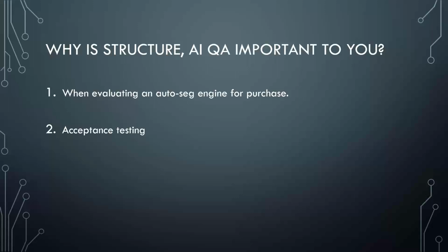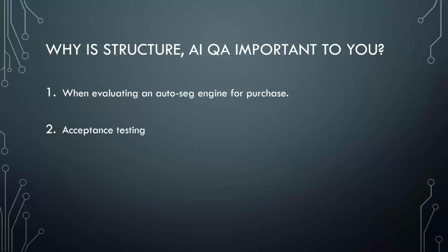And I'm going to show you that in just a few minutes. So again, you buy a Structure AI QA as a way to evaluate an AutoSeg engine that you're thinking about purchasing. Number two, once you buy one, you do some acceptance testing, and you can see,